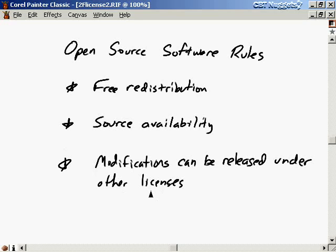So someone could take this software that was free, modify it, and then do something different with it. It's not free software anymore. Okay, so that's a little bit tricky, right? It just makes things a little bit tricky, and it definitely splintered off the groups, and this, I think, was the main sticking point there. And I don't want to get into this too much. The main thing here is that this